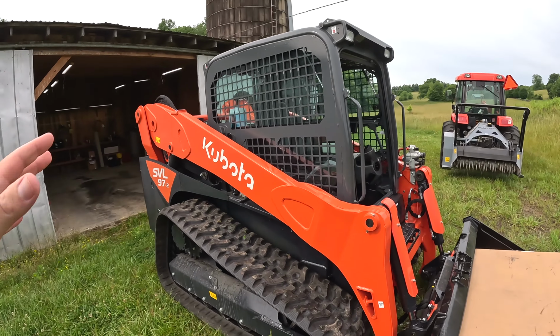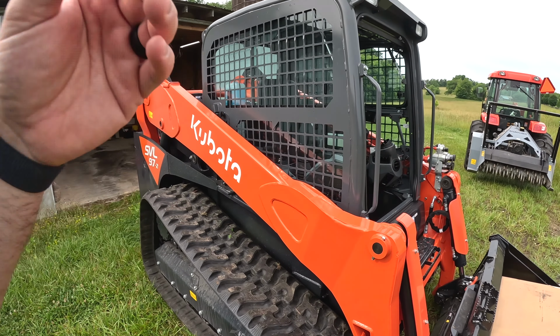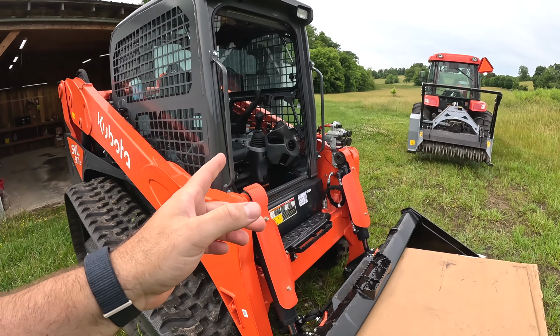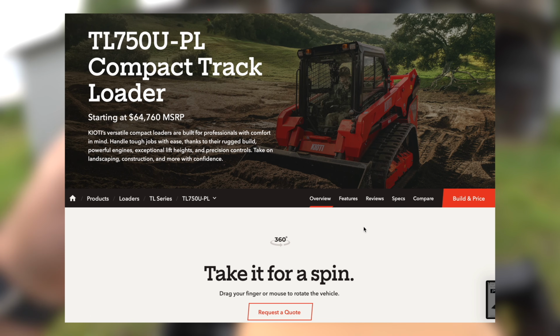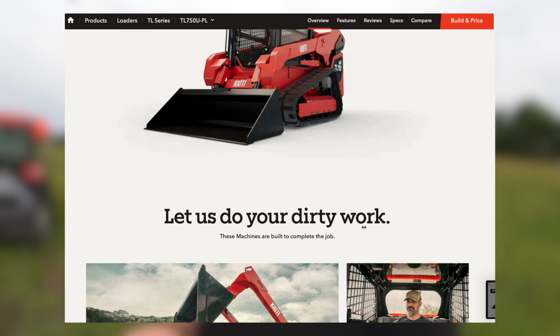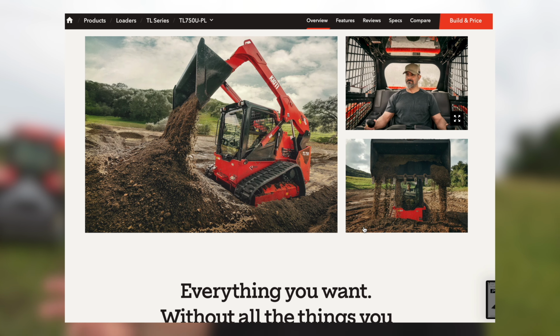This one just so happens to be a 96.5 horsepower machine, I believe. I know it's like 96 horsepower. It comes with high flow. Well, I almost bought the Coyote. The Coyote TL750 looked like a great machine, very, very similar to this one. Same door style. It's a lighter machine. It's a smaller machine. And the biggest reason I did not go with the Coyote is they do not yet